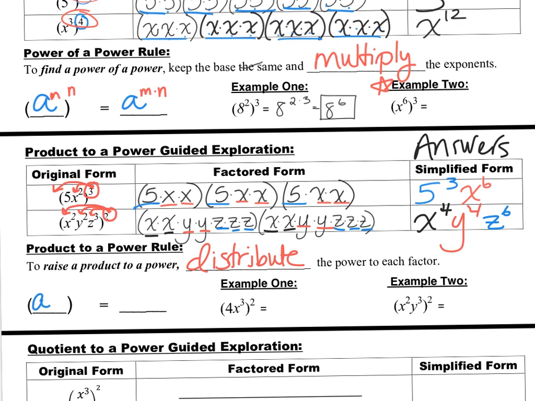Here if I have a times b to the mth power, that gets distributed to both. So I would have a to the mth power times b to the nth power. So here in my first example,